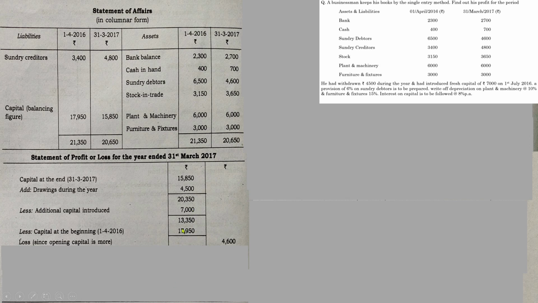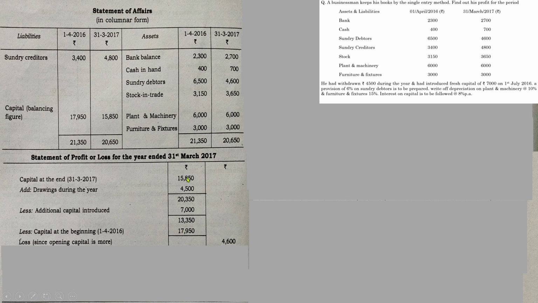So one more thing, in the previous questions we have learned, the computations were done in which the opening capital will be smaller and the closing will be larger. But in this question, if you look closely, you can see that closing is smaller, opening is larger. That is, you have sustained loss because you will get a negative value. In the statement you can't use minus or plus signs. So instead you have to mention that loss during the period is 4,600. I hope you have understood how I have determined 4,600 as the loss during the period. If you have any queries regarding that, please contact me.